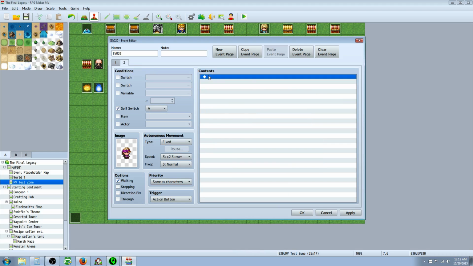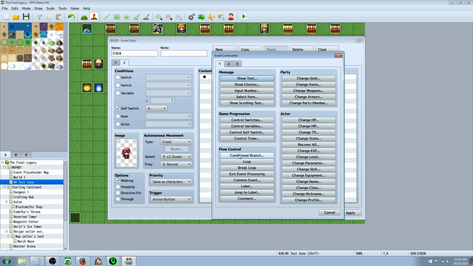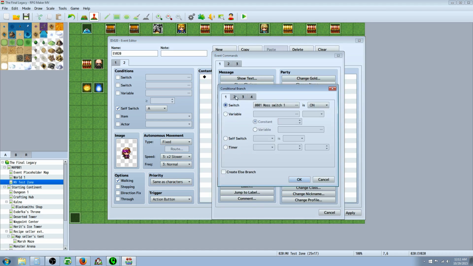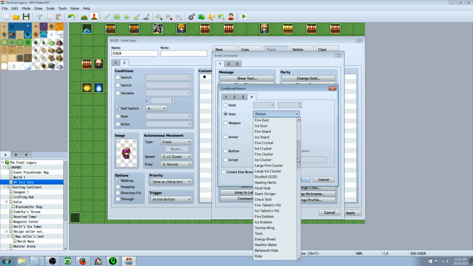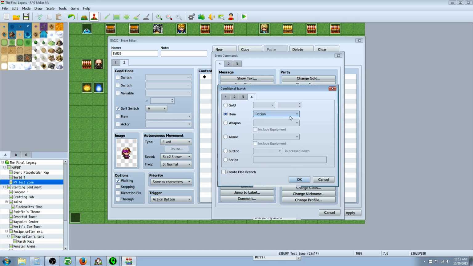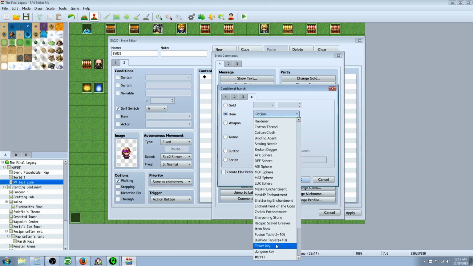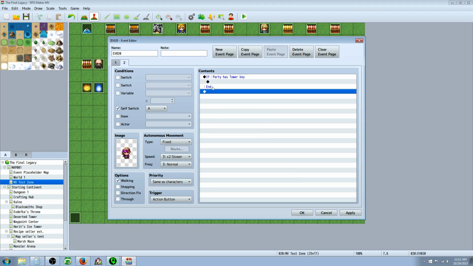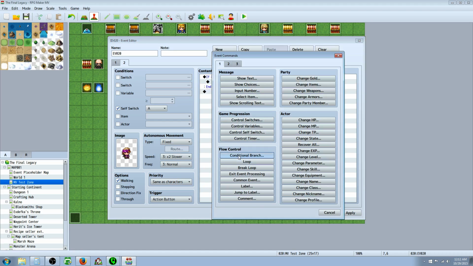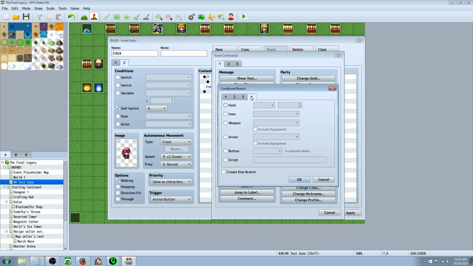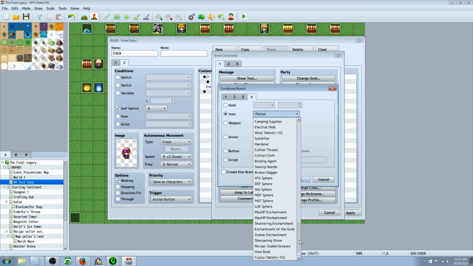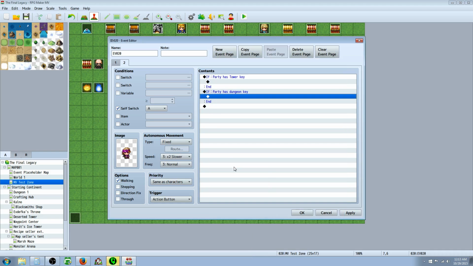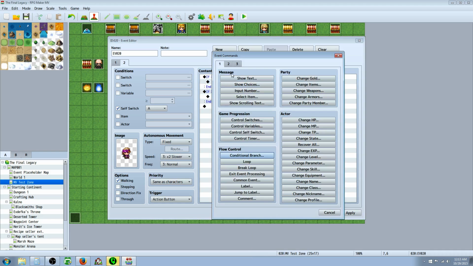So what we can do right here is make a conditional statement. We'll say new, and then we'll do conditional branch under flow control. We're going to say if the actor, or the item, here we go, the item. This stupid bug gets on my nerves, it just deselects. If the tower key is in the inventory, then do this, and then underneath the end we'll make another conditional branch. If the dungeon key is in the inventory, we'll do this. So he'll say,